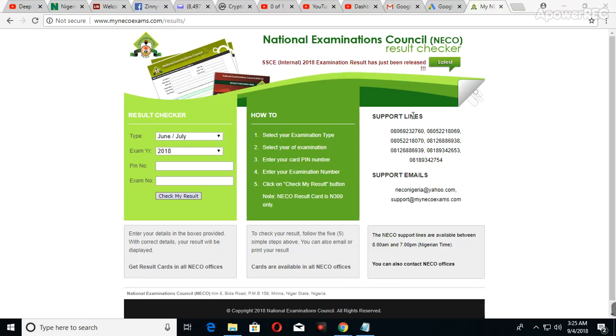After writing the NECO, you need to see your results so that you can use them for your post-UTME and other uses. To do that, you simply go to your address bar, just the way it is written here: www.mynecoexams.com/results. Take note of this address. Once you type it in, press the enter key on your keyboard, and you're going to see